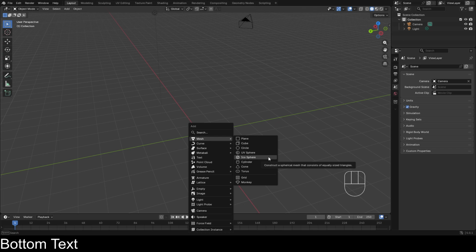If your attempt at reinstalling Blender didn't work out, this is probably a good time to take a break and try again later. If you've successfully installed Blender and made it this far,